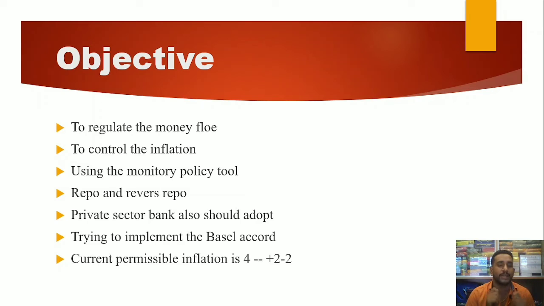So what I am saying here is that we are clearly determining this. For inflation, if the default value of 4 is acceptable, the plus or minus 2 acceleration rate is also good for the welfare of a developing economy. At the same time, we are trying to implement the updated Basel Accord, but the current accelerating value is not pushing the purchasing power of people. That is the problem in our country.